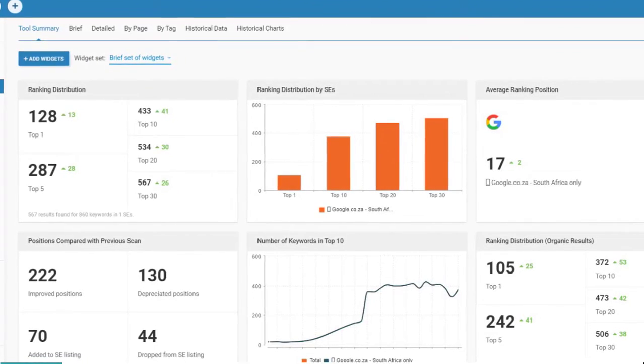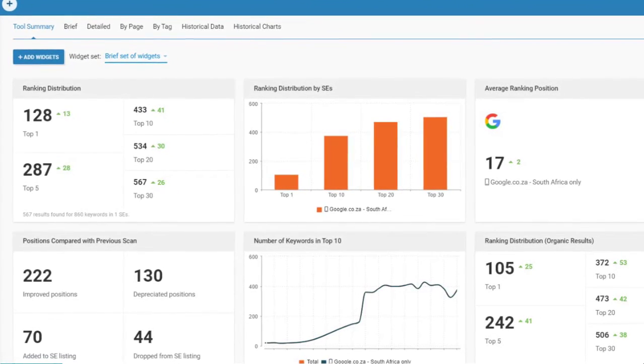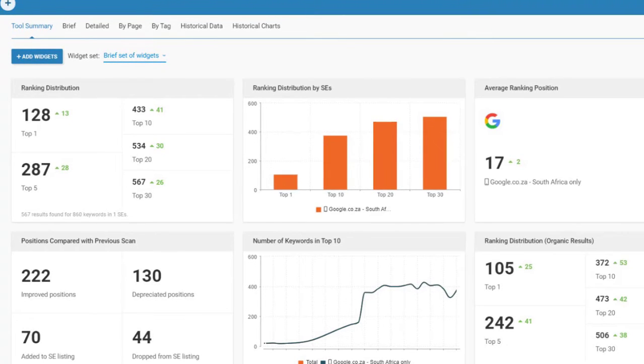So if we take keywords as an example, we would ask: how many keywords are we ranking for at the current time? As we stand today, how many keywords are we ranking for in position 1 on Google, and on page 1, page 2, and page 3? That then gives us a current, today-view benchmark.